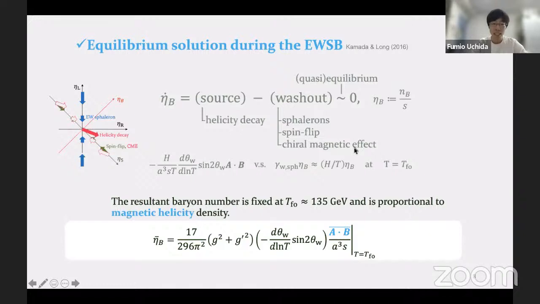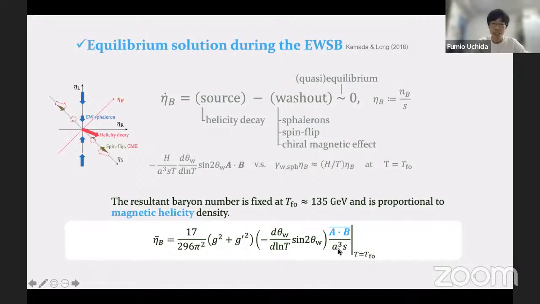And they found that at the end of the stage, the dominant contributions are this term and this term as the source, and the electroweak spiralons as the washout. And the resultant abundance of baryons is determined as the equilibrium solution at the spiralon freezing out, T_F0, T_FO. The value of it is